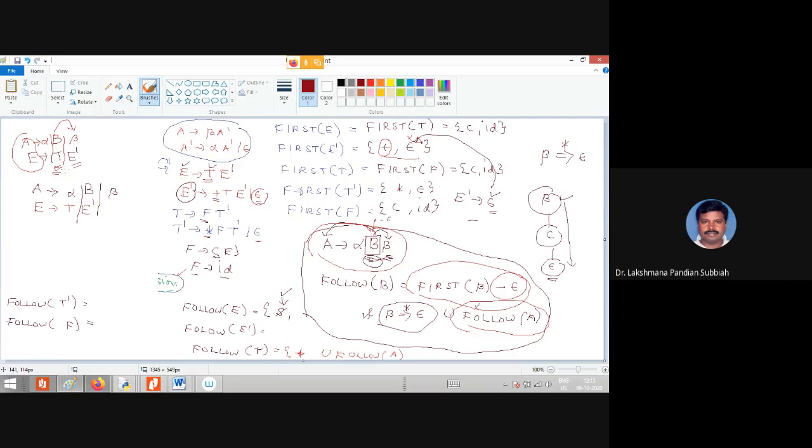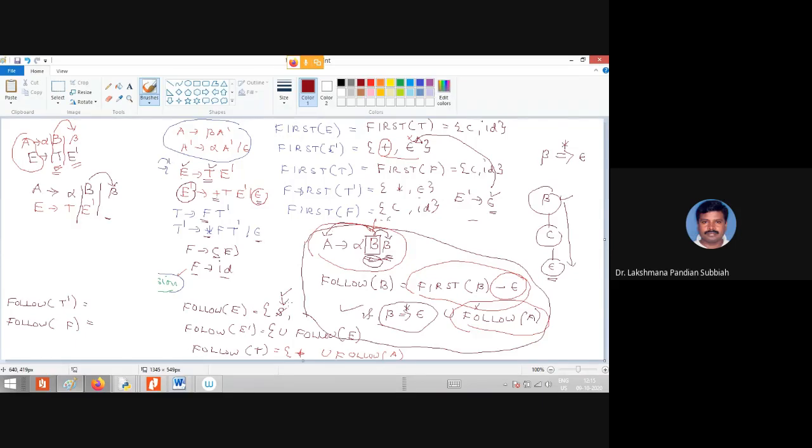So for each non-terminal of the right hand side, you have to consider. So now in the follow of E dash, here nothing is there after it. So in the second case, nothing means empty. If it is empty, what you have to do is, in the follow of E dash, you make a union of follow of E. Right? This is what we are getting now.